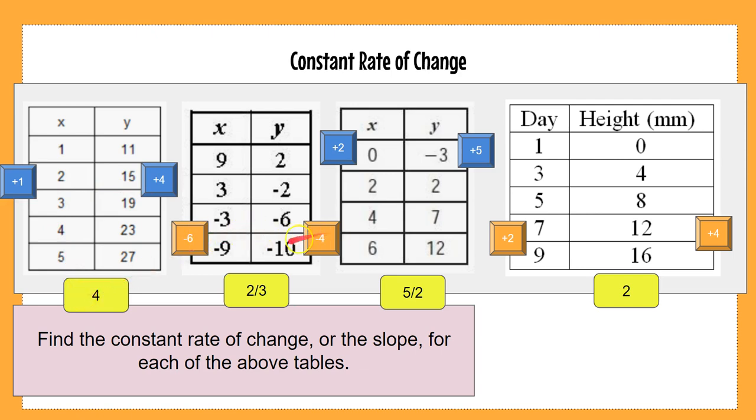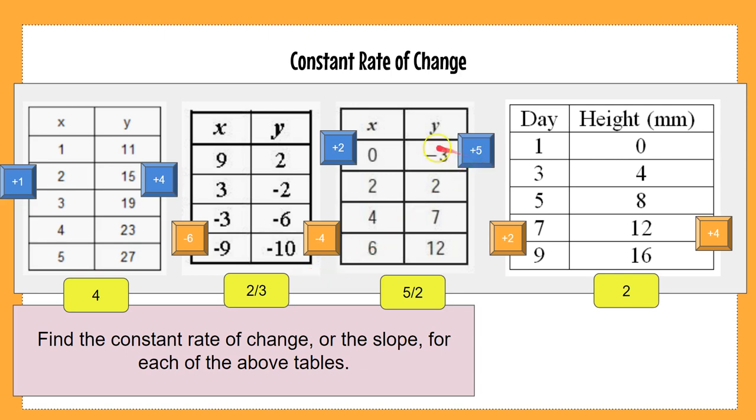All right, these orange boxes go with the next one. This pattern in the y's is going down 4, so negative 4, right? And the x is going down 6, subtracting 6 every time, right? So change in y is negative 4, over change in x is negative 6, and that simplifies down to 2/3. But wait a minute, why isn't it negative? Well, remember, 2 negatives make a positive in our integer rules, right? And so negative 4 over negative 6 makes a positive.